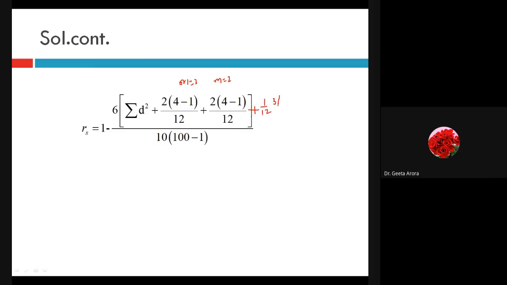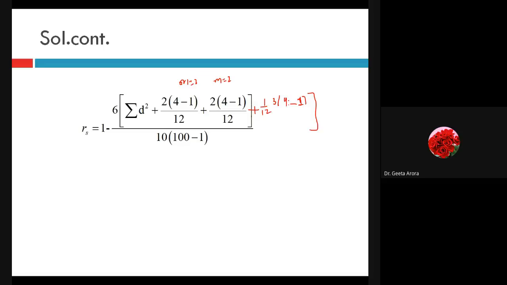So 3 into 3 square minus 1. So we have to add it, and then you can check and verify the calculation also. It must include this. If not included, you can add it. So here we have 9 minus 1, and okay. I think I forgot to add the last one, but you can add it. Doesn't matter. Here we have the final formula will come from this, and then after doing the calculation, whatever RS is coming, you have to interpret it, and then you have to go for that. Either the two things are negatively, positively, strong, intermediate, whatever the type of correlation is there.